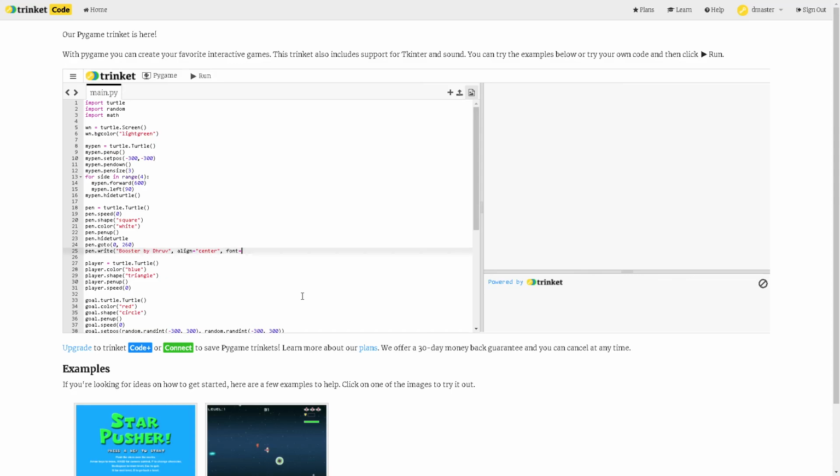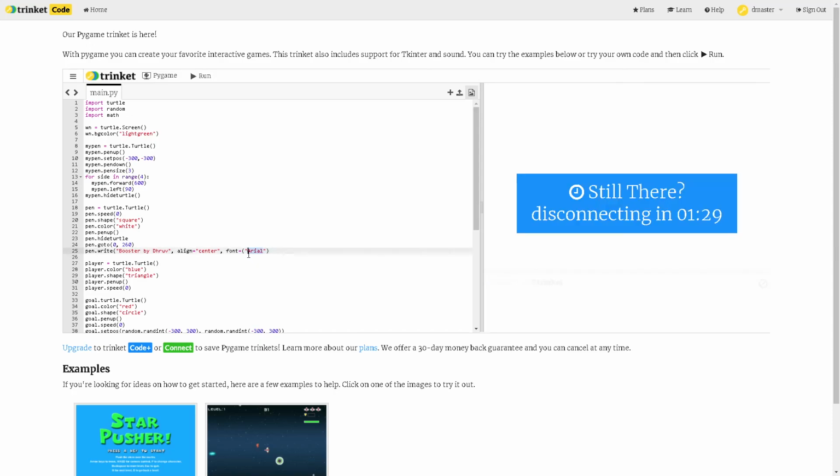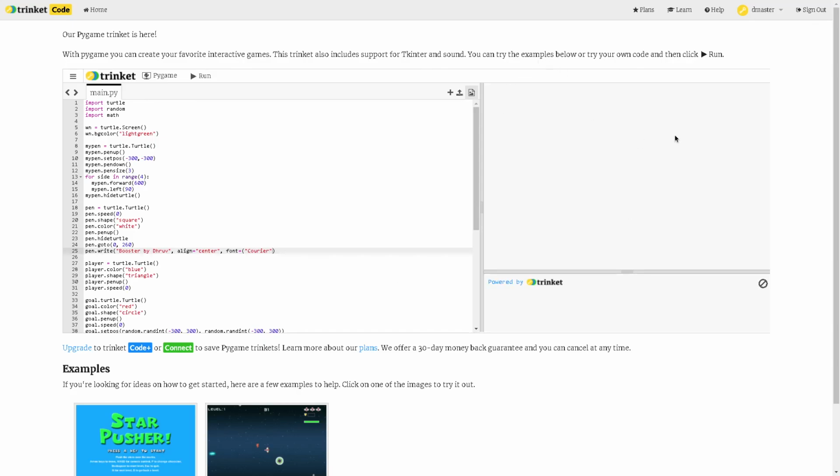You can do any font you want. I really like Arial, which is nice, and it's a neat and tidy handwriting. But I'm gonna go with Courier because it just looks more neat on my game. So after we've done that, let's do